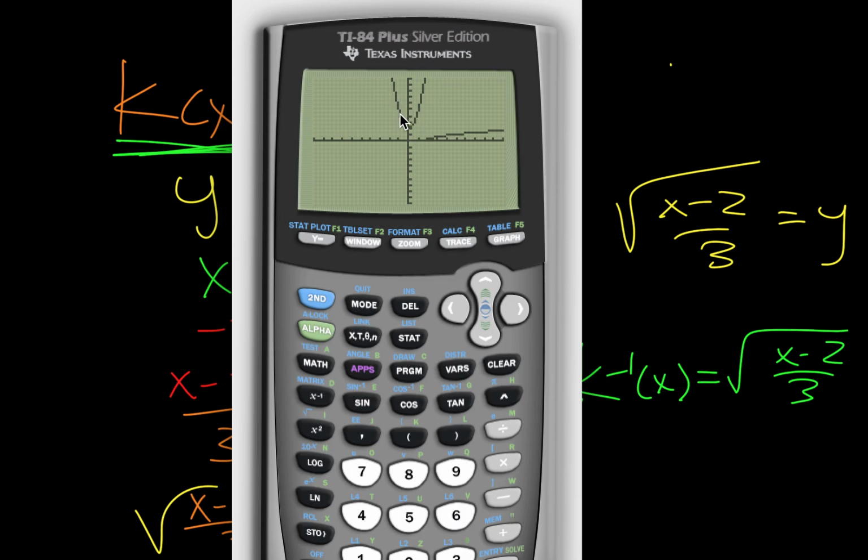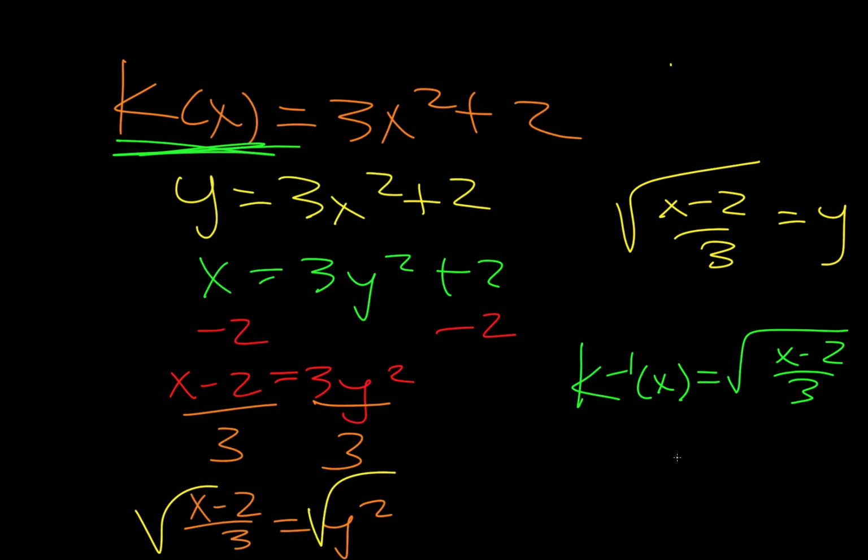So see how we have this, and then this. If I were to draw y equals x, actually, might as well just do that, right? It's easy enough. We'll see that it's a reflection across that as well. See how just the positive half of the parabola is reflected across here? That's how we know that it's the inverse, the visual idea of the inverse. Okay? Let's go through